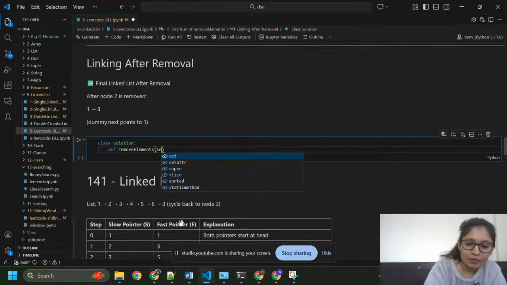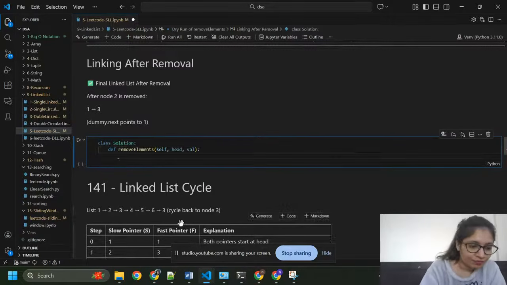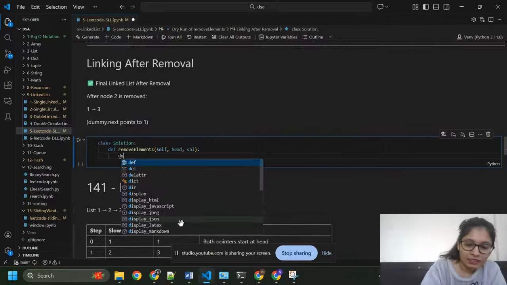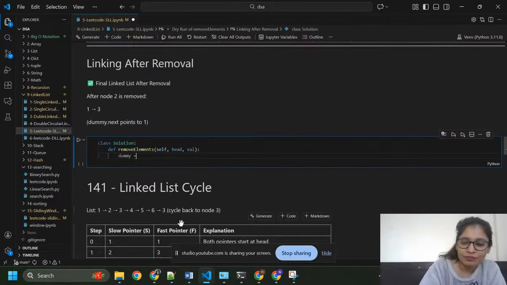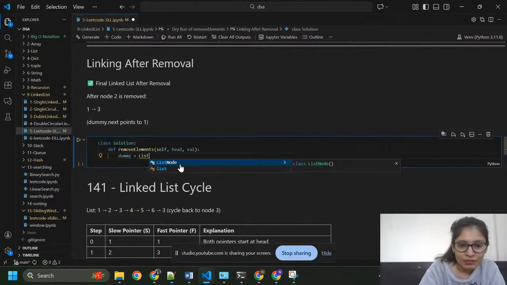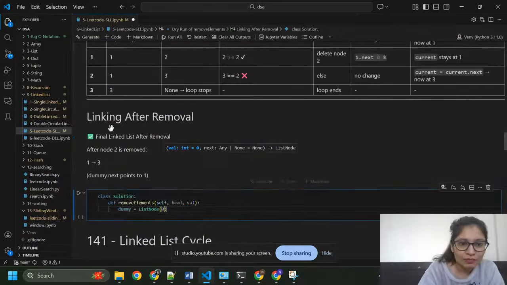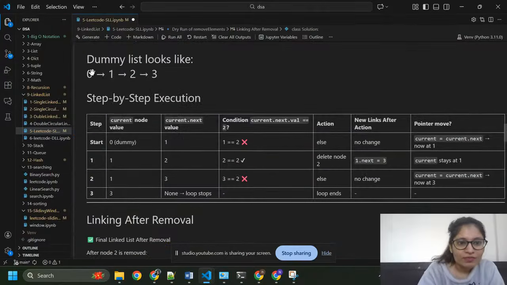Here I'm going to pass self, head, value. And here dummy equals ListNode 0. So dummy equals this one, first node, that is 0.